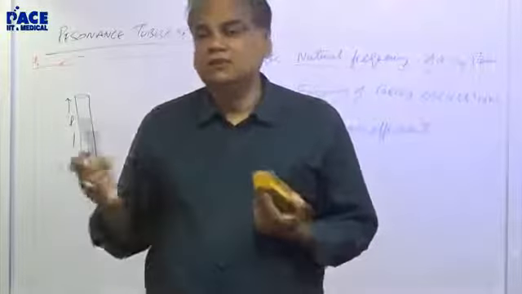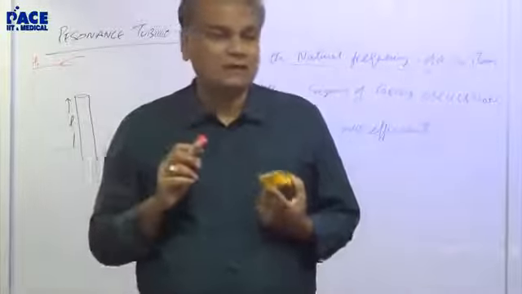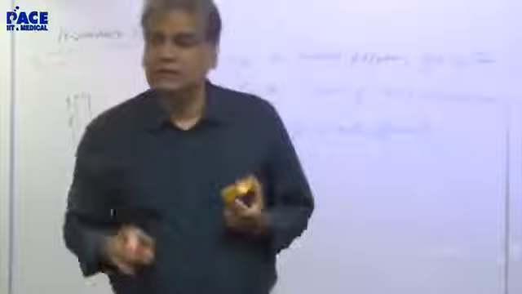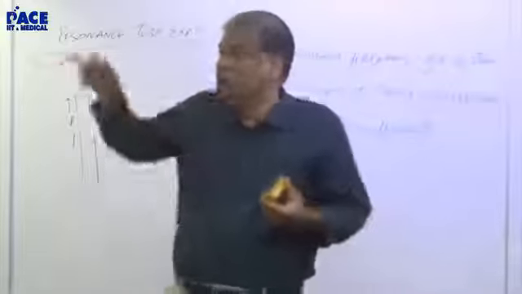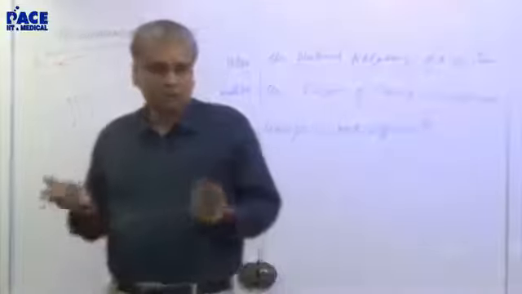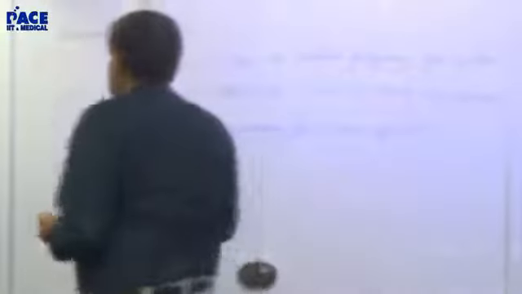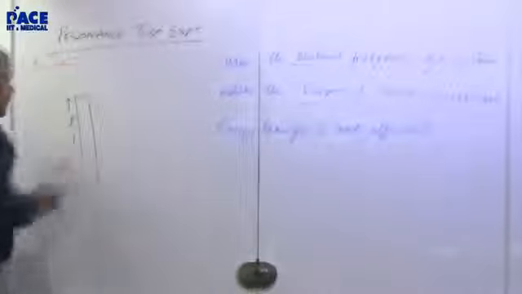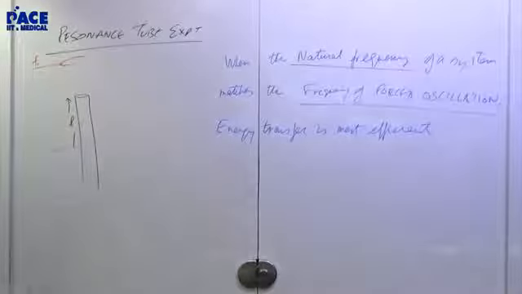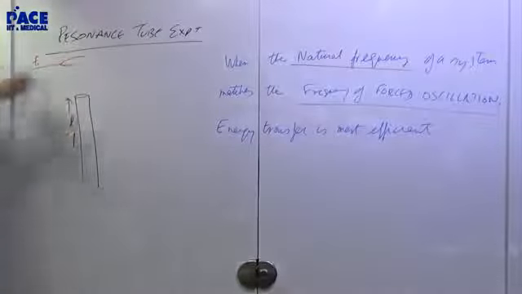Like in light we use laser because it can give a monochromatic radiation. Monochromatic means single color, single wavelength. Normal light is a mixture of wavelengths. So we want to find out which is the unique wavelength we are using. So that's the same idea. So you vibrate it like that, and then you keep it in front of the tube. What happens? Nothing happens.